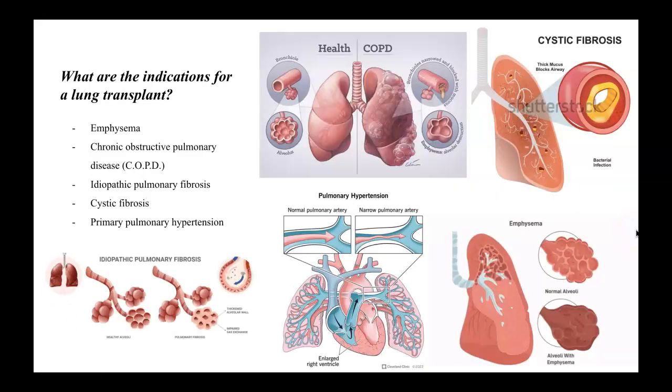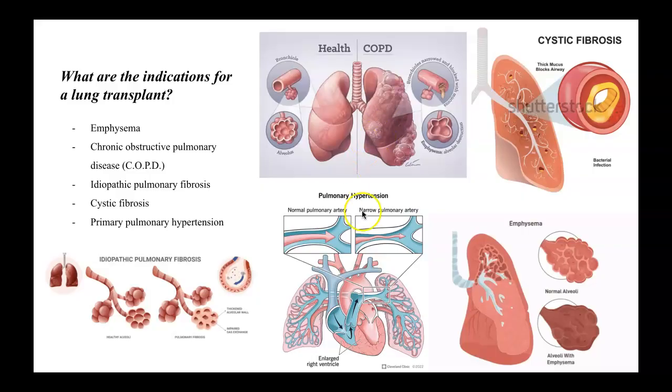The indications for a lung transplant would be emphysema, chronic obstructive pulmonary disease or COPD, idiopathic pulmonary fibrosis, cystic fibrosis, and primary pulmonary hypertension. I added some diagrams to show what all of those things look like. Emphysema is actually a form of COPD,